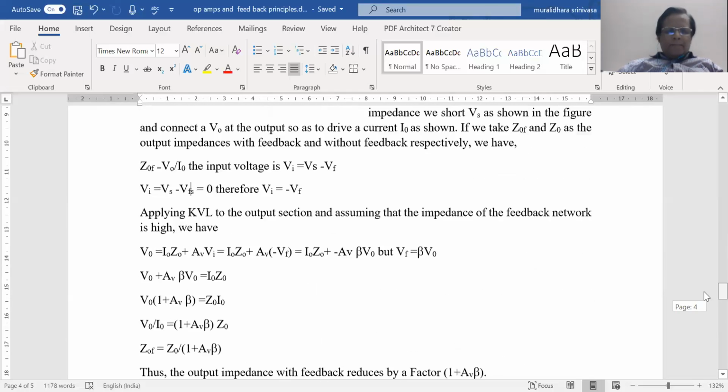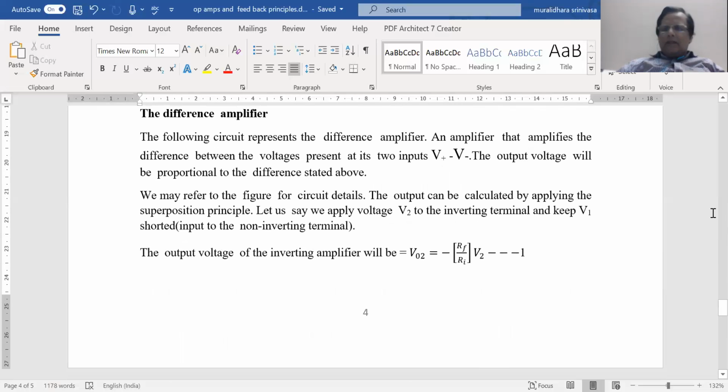This is the difference amplifier circuit. Can we find the difference amplifier circuit in our diagrams? At least can we put it back now? Let me see. I think one of these should be it. I have to search, of course. What do we want? We want a difference amplifier.